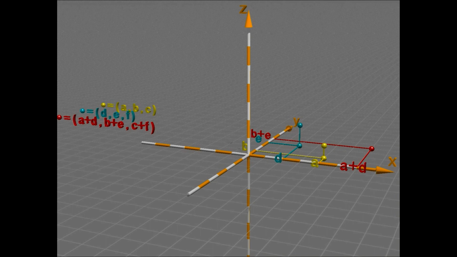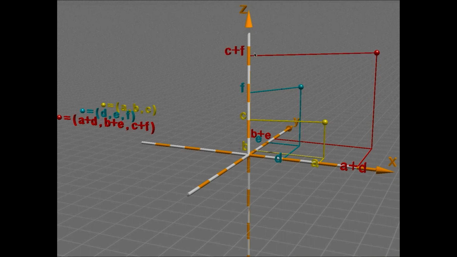We are assuming in this case that both C and F are positive. Consequently, we have to raise the sum point up to C plus F